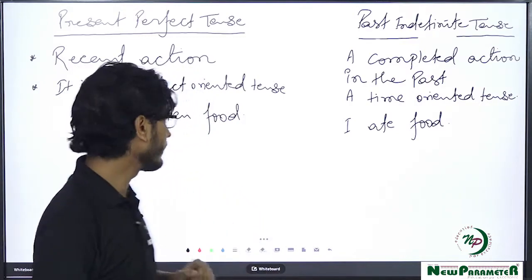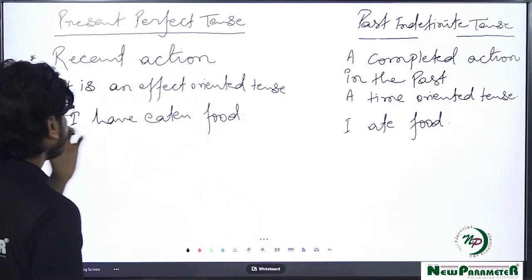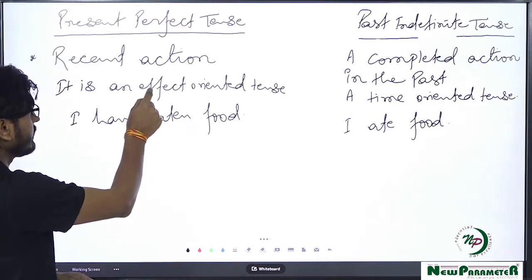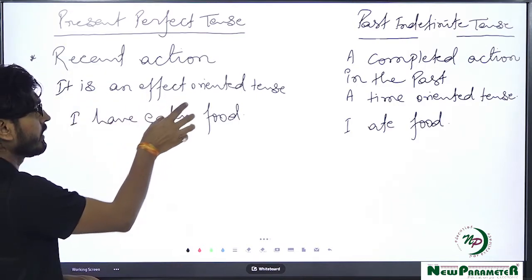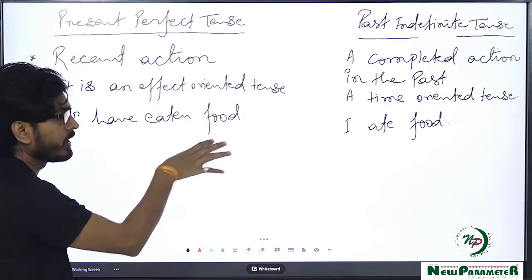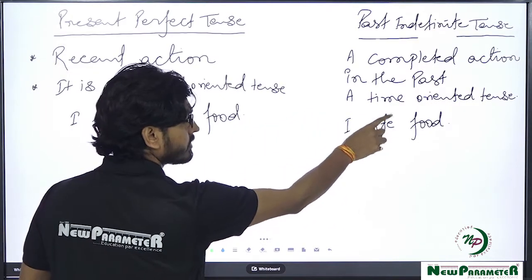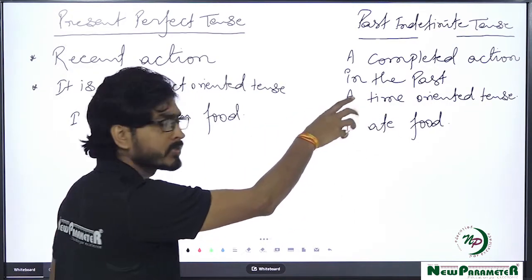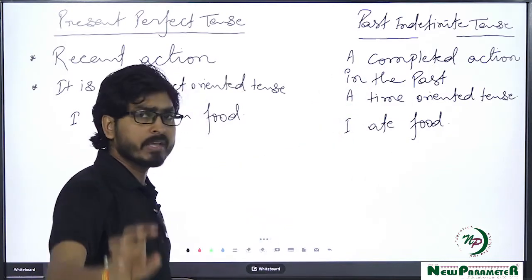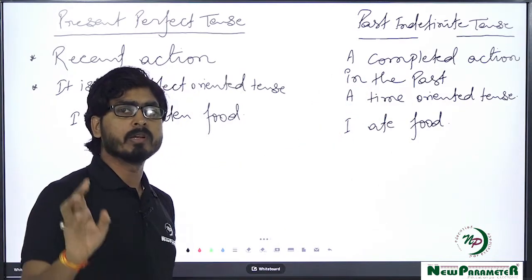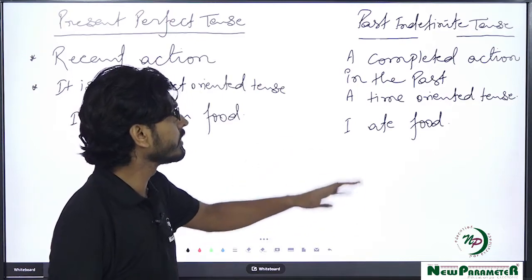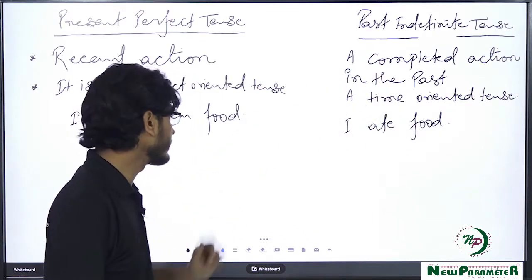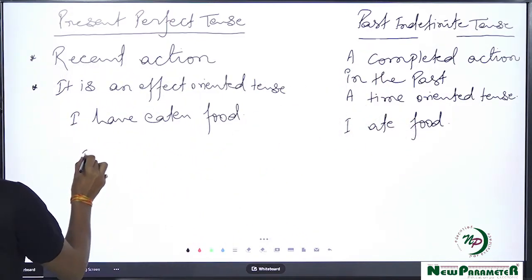Okay? Very good. Now, I can also say this one. This is an effect. The effect of eating food is still there, and because this is not an effect oriented tense, it shows simply what? Completed action. If I want to show any past time, it must go with only past indefinite tense. For example, I have